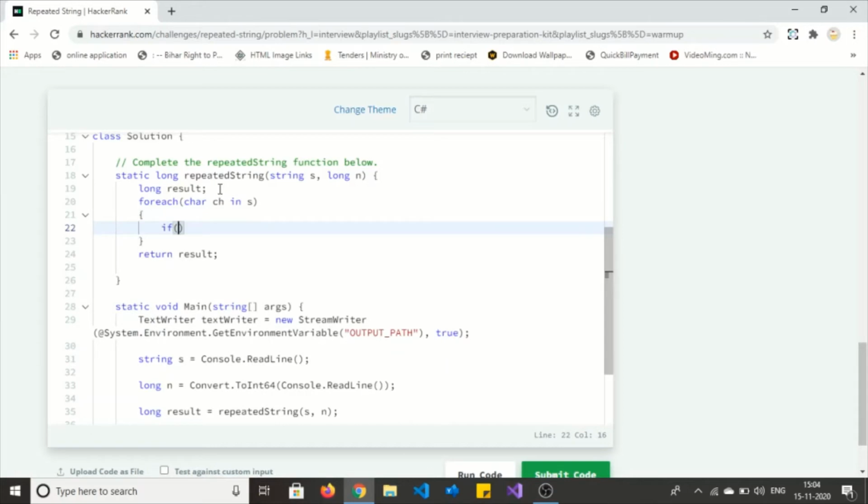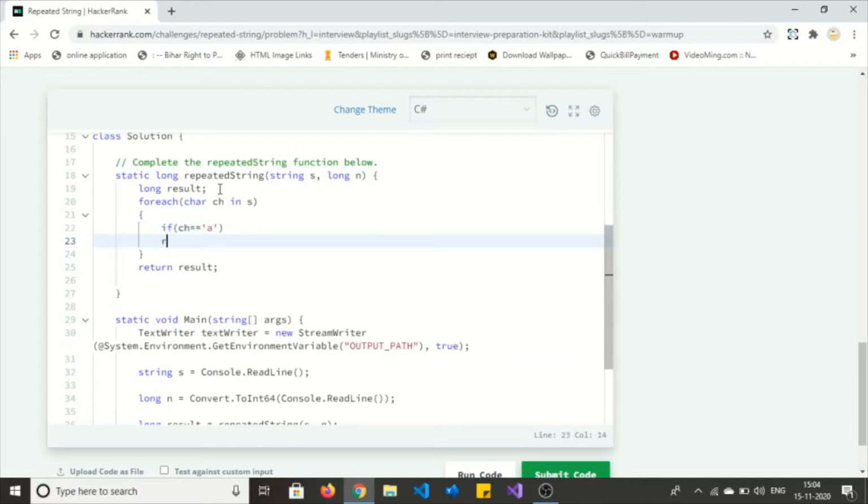I'm checking if ch is equal to a, then I'm going to increase result by 1, because this time I'm checking the frequency of a in the original string.